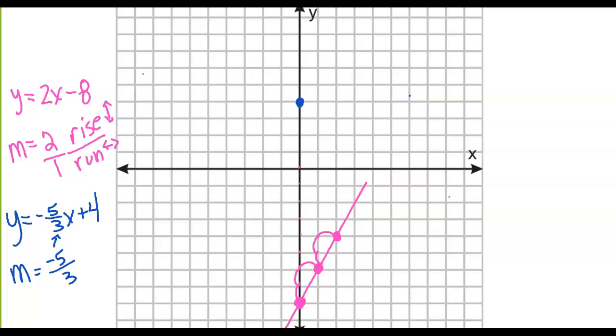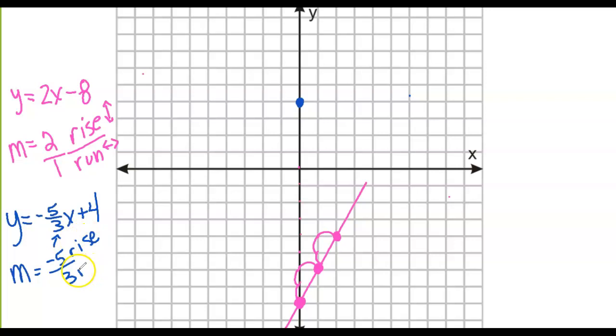Yes, I can only have one negative. I can either put it in the numerator and leave the denominator positive, or I can leave the numerator positive and make the denominator negative. But I'm going to tell you, you're going to see it, most people put it in the numerator. It just makes it easier. Negative 5/3. Okay? So, because I have my y-intercept at positive 4, I now need to use my negative 5